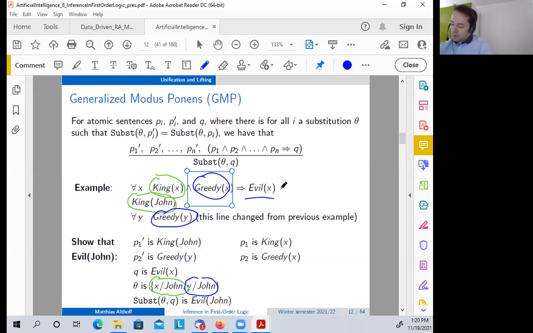So then we know that after replacement, we have Evil(John), and this is what we wanted to show. And Evil(John) is nothing else than applying the substitution to Q, and Q in our case is Evil(x). So after substitution, we have Evil(John).